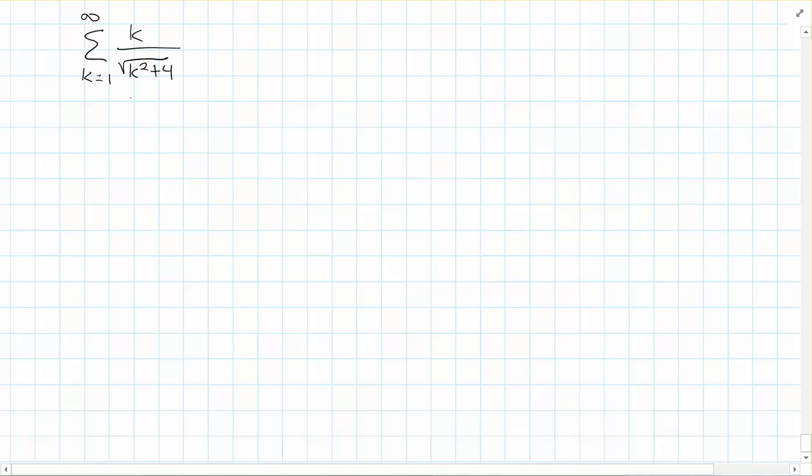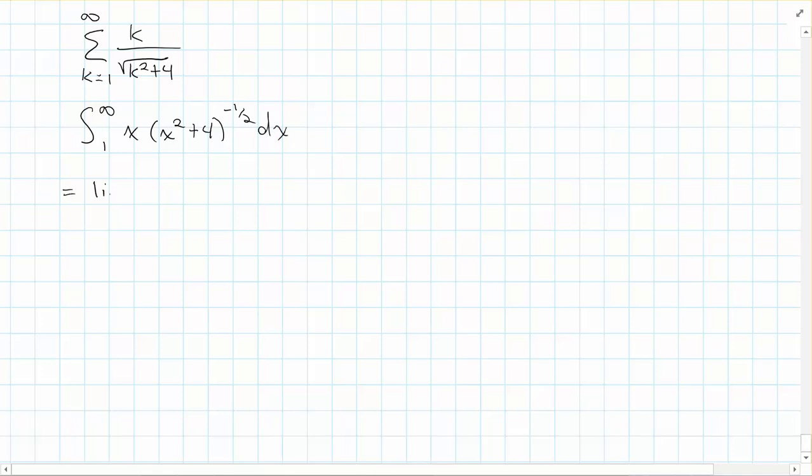We're not going to have to do any super fancy integration techniques in this chapter. I will tell you that the integration problems here will either be just a straight u substitution or integration by parts. There's not going to be any weird trig substitutions or things like that. So let's look at the integral here. It's the integral from 1 to infinity of x, and I'm going to write this as x squared plus 4 to the negative 1/2 dx,